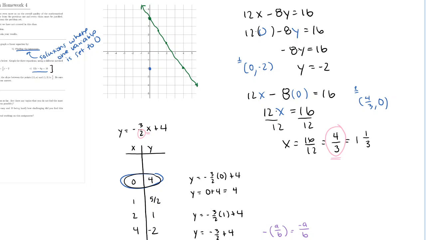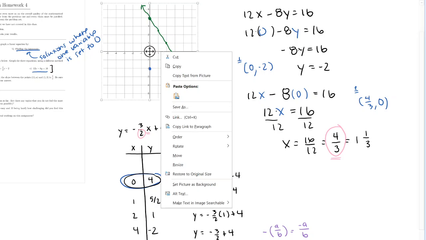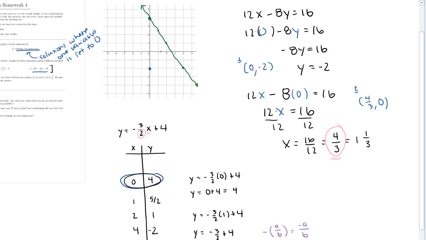And so here, if I want to plot this point, 4/3, we saw that that's the same as 1 and 1/3. Okay, and that's about there, right? 1/3 of the way between 1 and 2. And here, it only takes 2 points to graph a line. We know that this is a linear equation. So here, we have 2 points to graph this line, so we can sketch this line